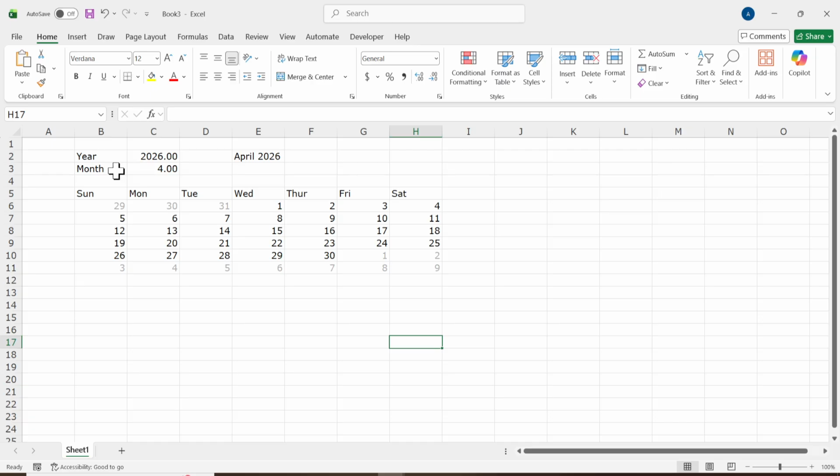Now test the calendar to confirm that everything updates dynamically. Click cell C3, which is the month input. Type 12, replacing the current value, then press Enter. The title in E2 should update to December 2026. The entire calendar grid should redraw for that month, and the grayed out dates should also shift automatically based on